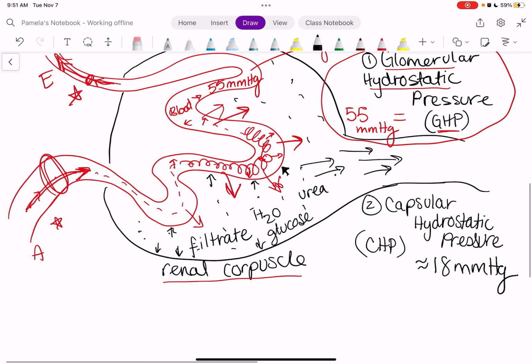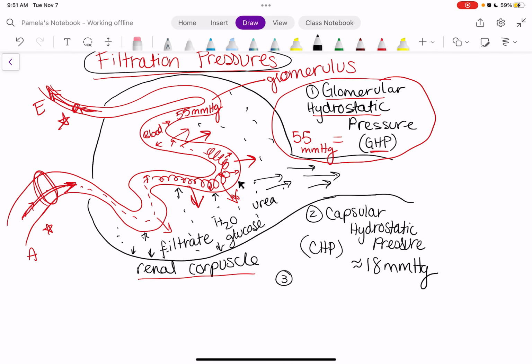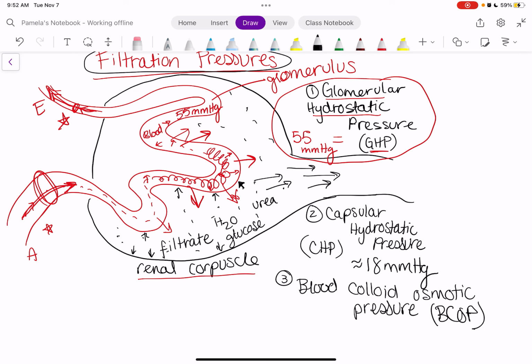Okay, now we have one more pressure, pressure number 3. Let's see if I can remember what this one is. You guys probably remember this one from back in chapter 21. This one is called our blood colloid osmotic pressure. How could I forget this one? It's such a fan favorite, if you will. Okay, so BCOP. Our blood colloid osmotic pressure, you might remember from chapter 21, this pressure is due